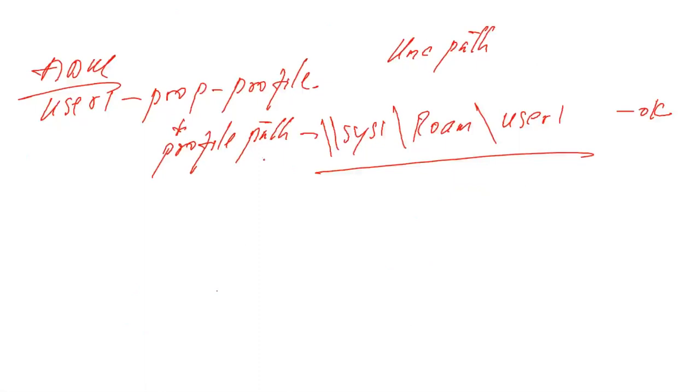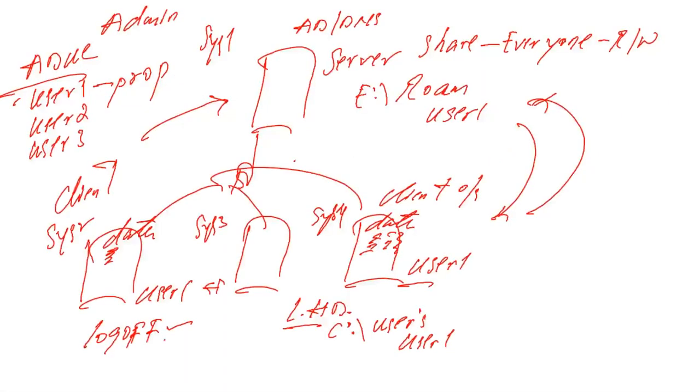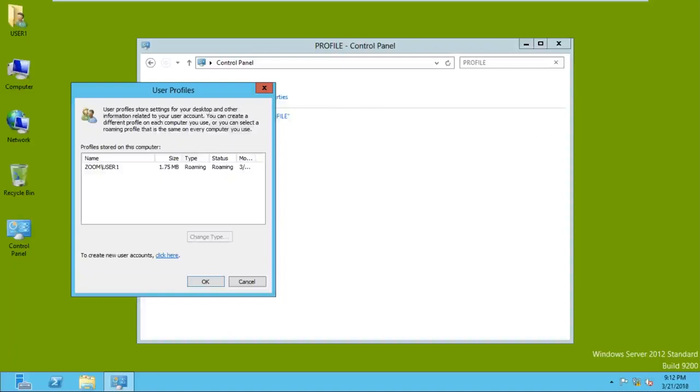Check the profile path. Maybe the slashes are wrong, maybe the system name is wrong, or the share folder name or spelling is wrong, or maybe the username is wrong. Make the correction in the share folder or in the path. After the correction is done, come back, sign out this client user in the client machine and sign in again. Once you sign in,